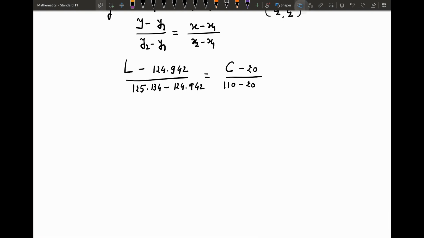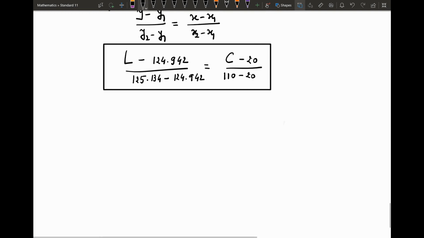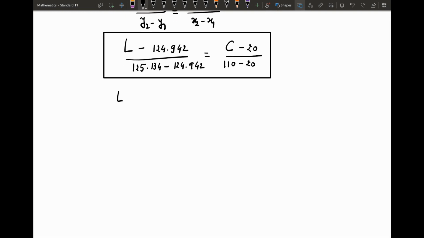So now you can simplify this one, and in simplified form it will be L